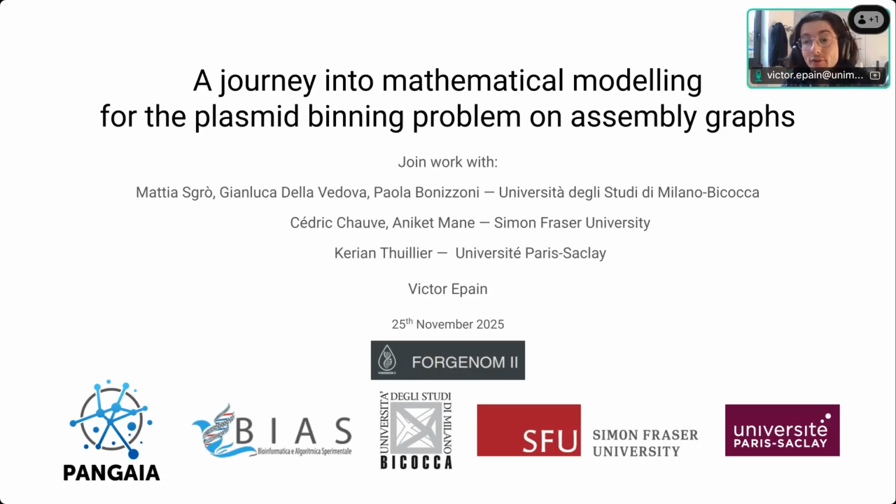It's by itself a problem to solve, defining the problem we want to solve, and then to propose some algorithms, some strategy to solve the defined problem. And obviously we want some tractable approaches. So a journey into mathematical modeling, in which context the plasmid binning problem and on a certain type of data, assembly graphs.